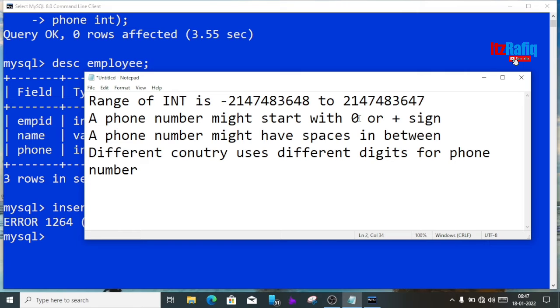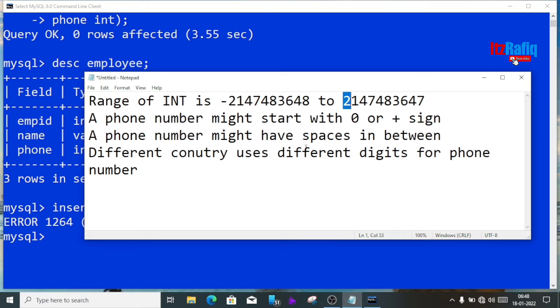But our number started with 98. Here it is 21. You can see here also 10-digit numbers only, 1 2 3 4 5 6 7 8 9 10. So when our phone number starts with 21, like that number, then only we can store it. If our number is starting with 3, 4, 5, 6, 7, 8, 9, then that number cannot be stored in integer. So it's better to choose the data type as character or string.